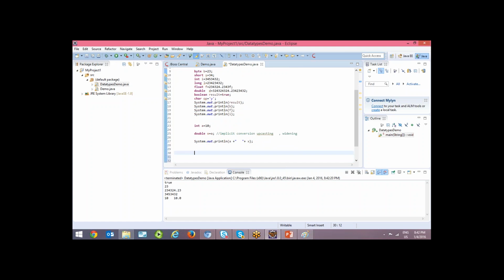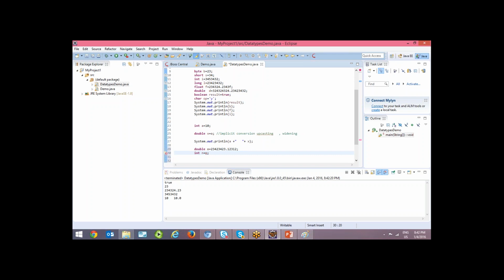Now vice versa. I have m, which is a double, equal to this double value. Now I would like to convert this into an integer. I can write int n equal to m. But can I convert directly? M is a double, a higher range value. N is a smaller range value.